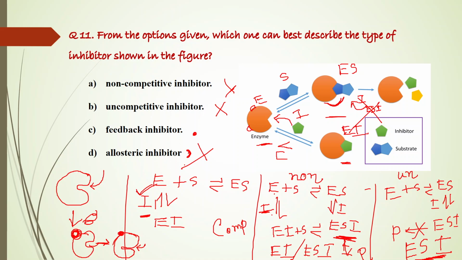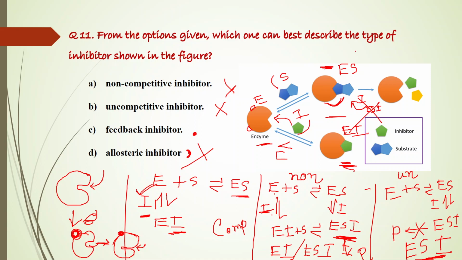And you have to remember this, the speciality of feedback inhibitor: it kind of looks like competitive inhibition, isn't it? Right? Because you can see either an ES complex is forming or an EI complex is forming. So this one is our EI complex, this one is our ES complex. The enzyme is either binding with substrate or with the inhibitor. But the only difference with competitive inhibition is that